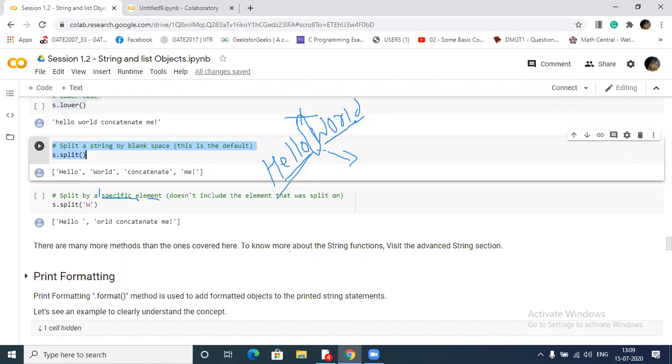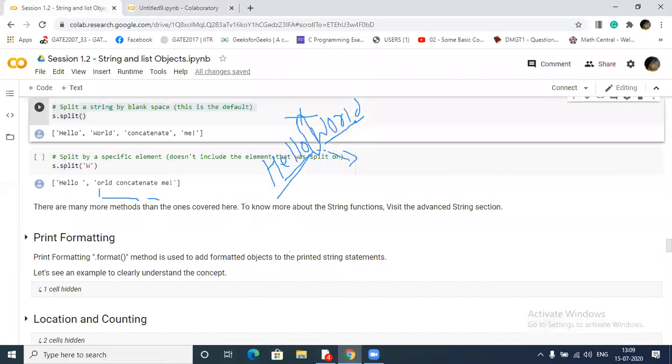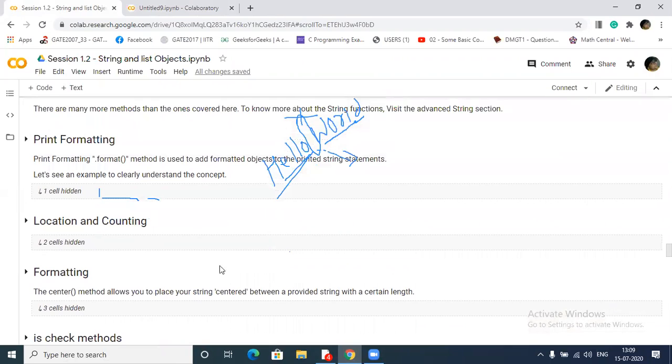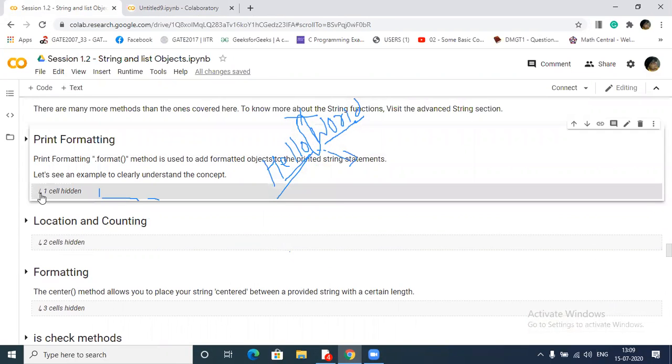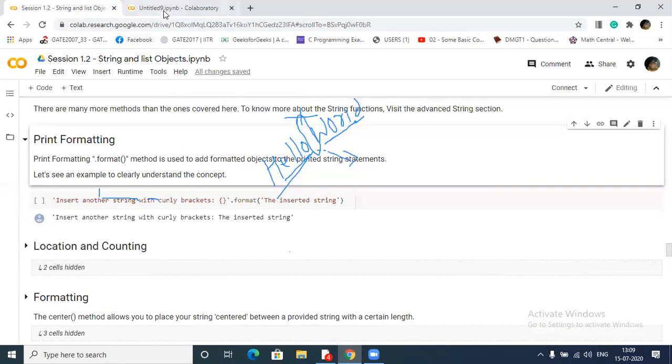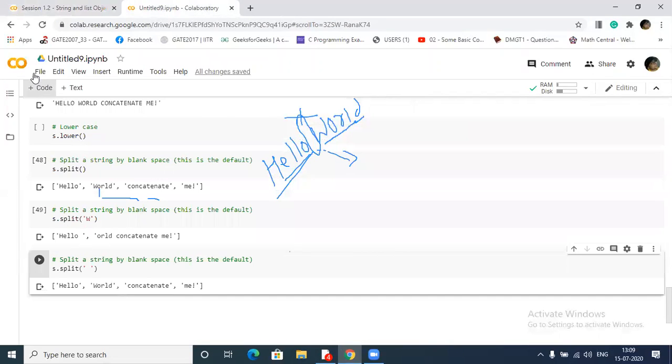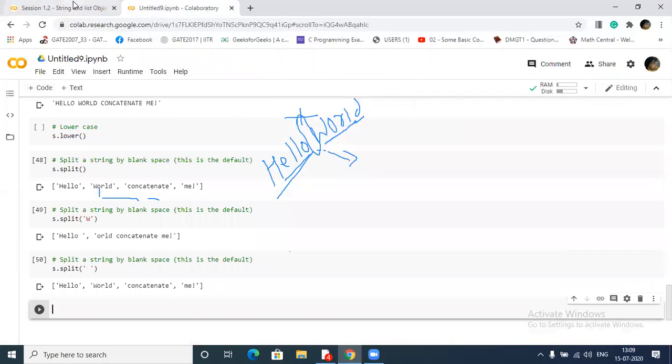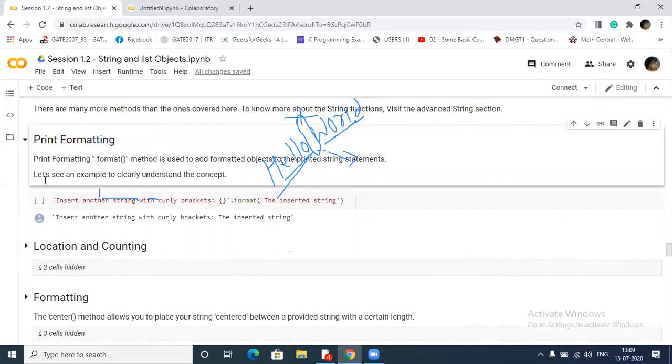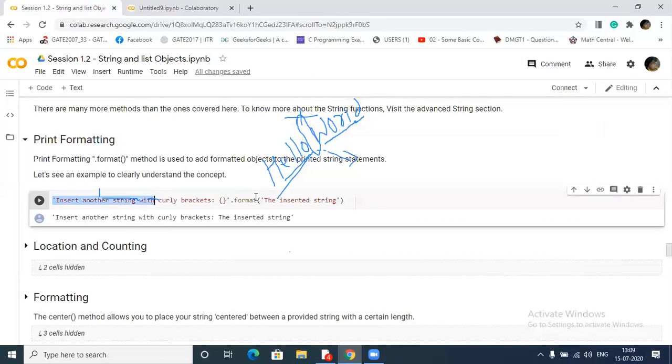Now, print formatting. Formatting is very helpful if you want to beautify your code. Let me just copy and run it, then I will make you understand.